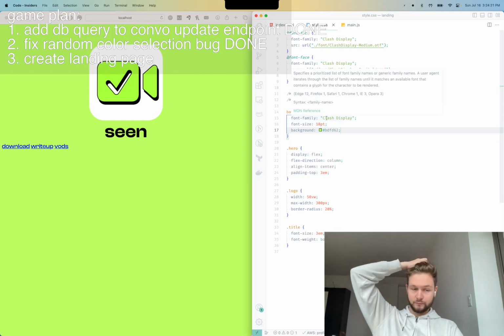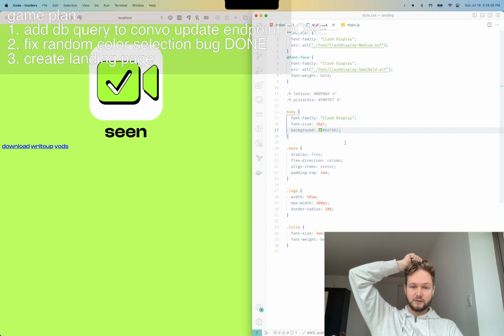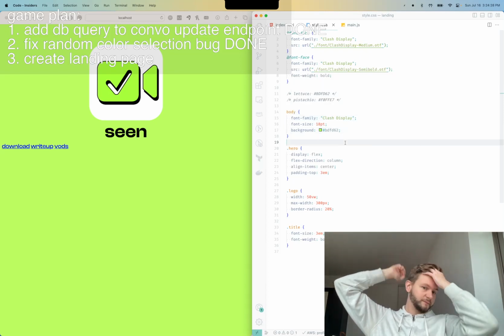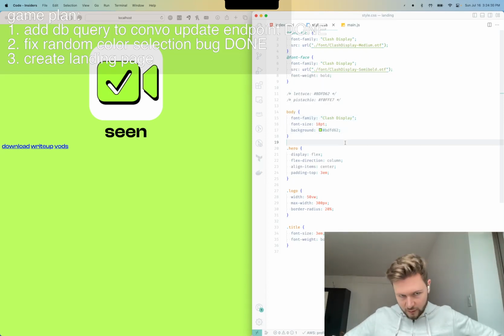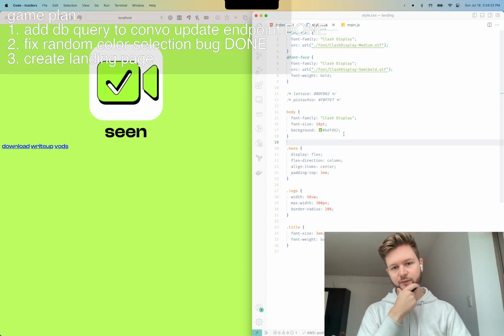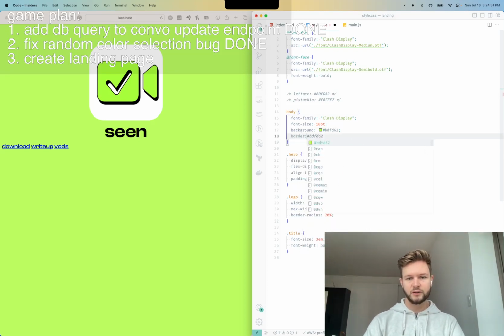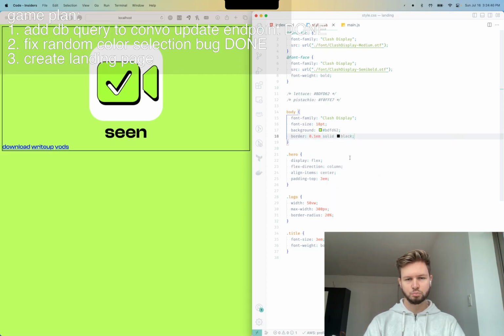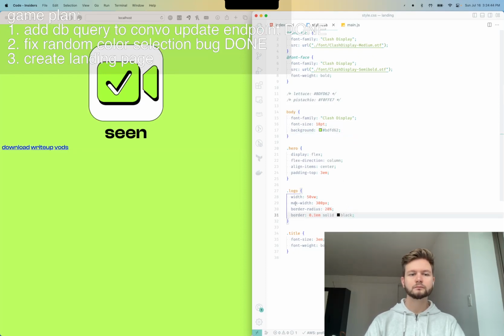Or we give this one the neo-brutalist treatment, which pretty much means border 0.2 EM solid black around the logo,